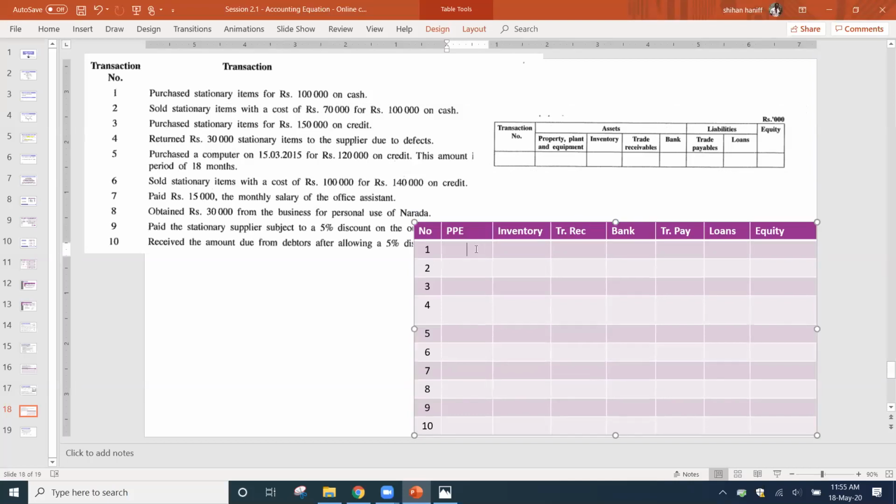Okay. So let's record transactions. Purchased stationery items. Before that, we had